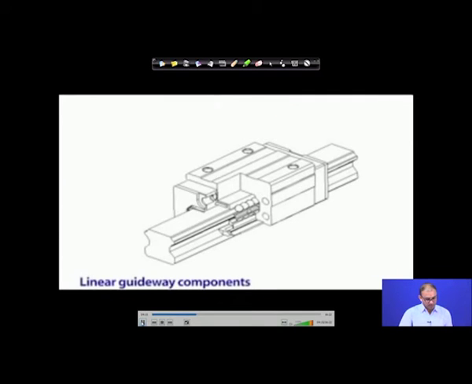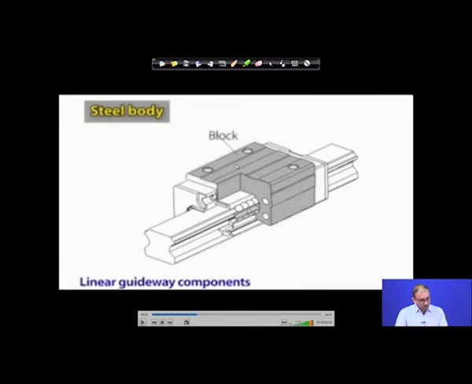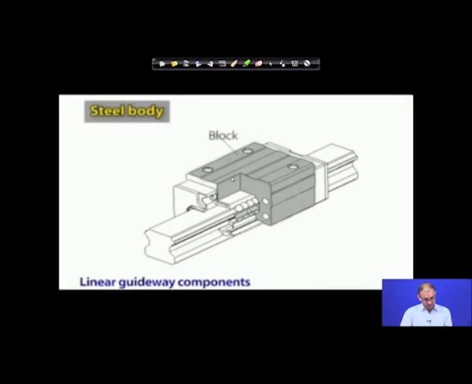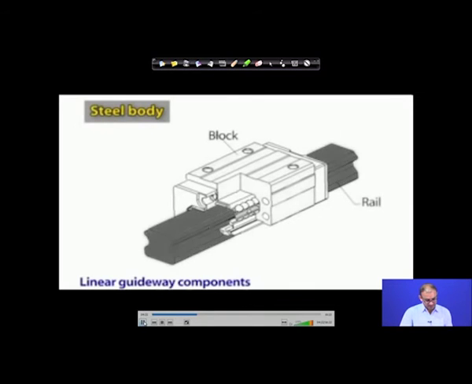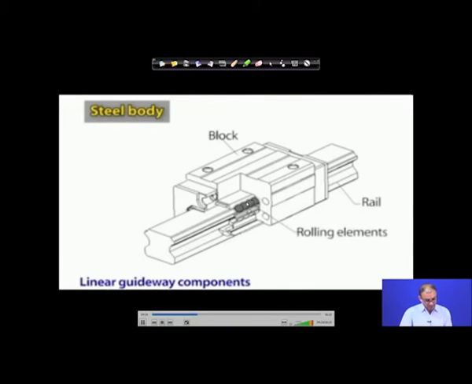So, what are the components of this linear guideway? One is the steel body, which is required because on top of that we are mounting our workpiece, so that it can move in the x and y direction. That is the first component, the steel body. This is the rail on which your rolling element will slide. This is the rolling element,